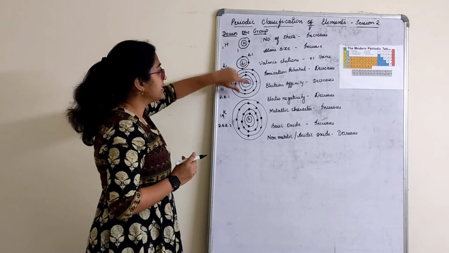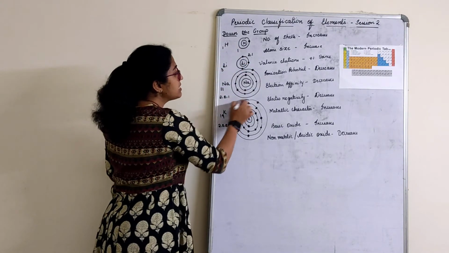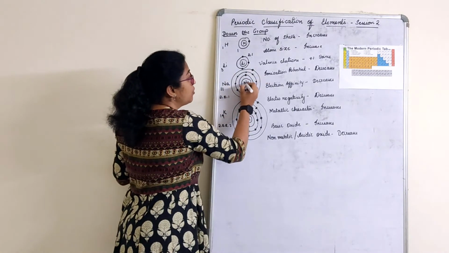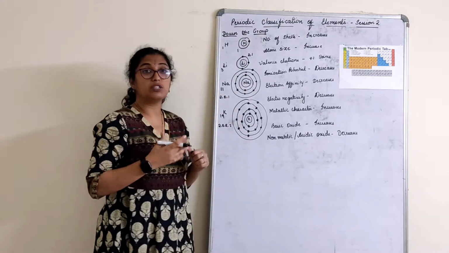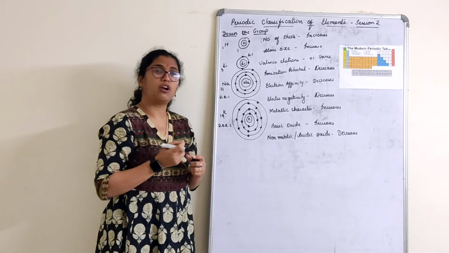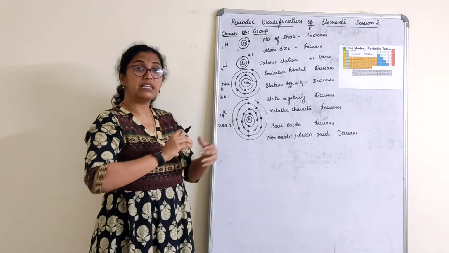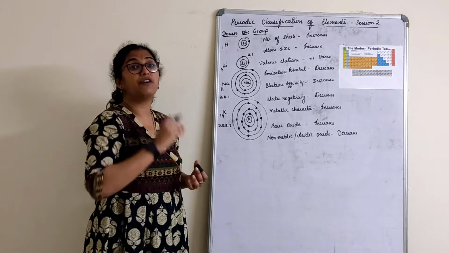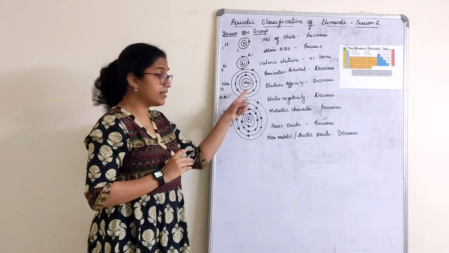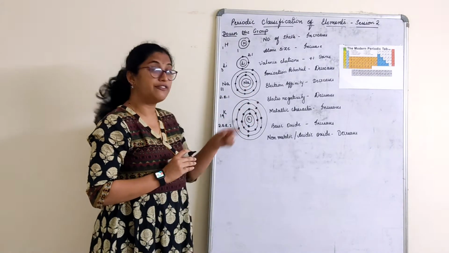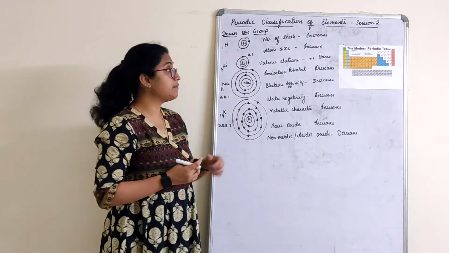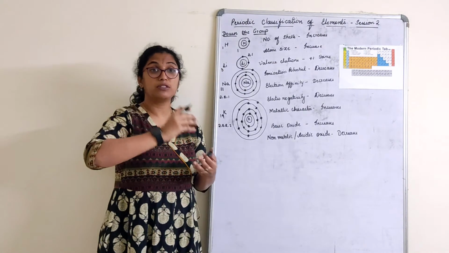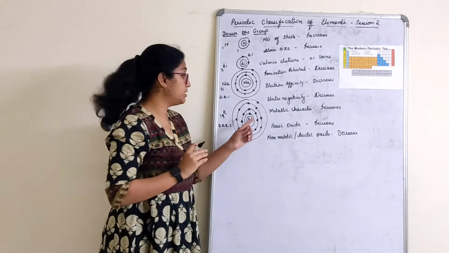Here, again yes, but here we always look for the last shell, children. Now in the last shell, from here to here, it requires more energy to capture that, not energy in the sense, the size. As we go down, the size increases, and the electron starts moving far away from the nucleus. Am I right? From here, the electron is very far from the nucleus. So what is happening as we go down the group? The atom size increases because electrons are moving far away from the nucleus here.